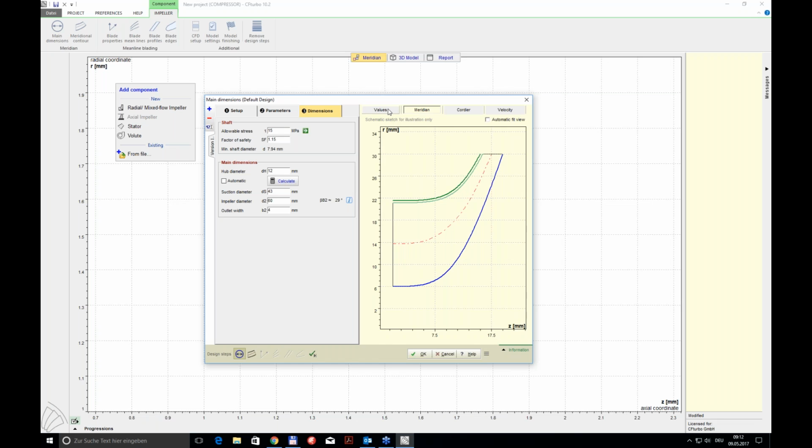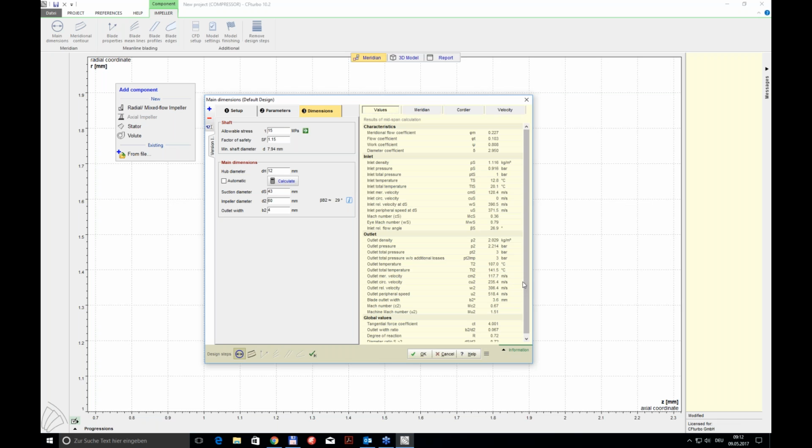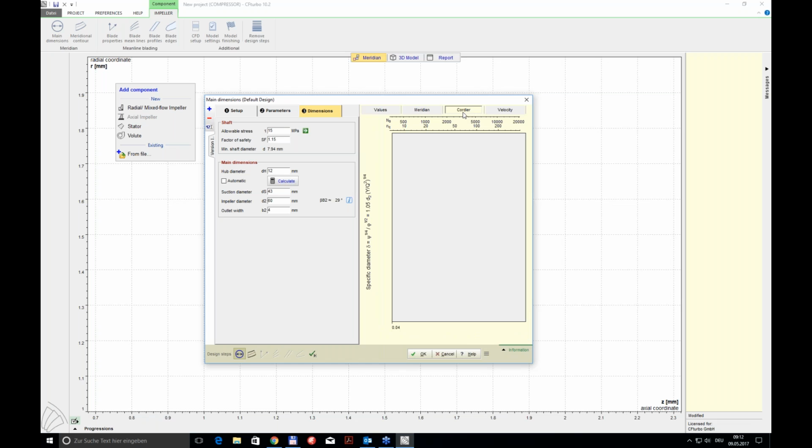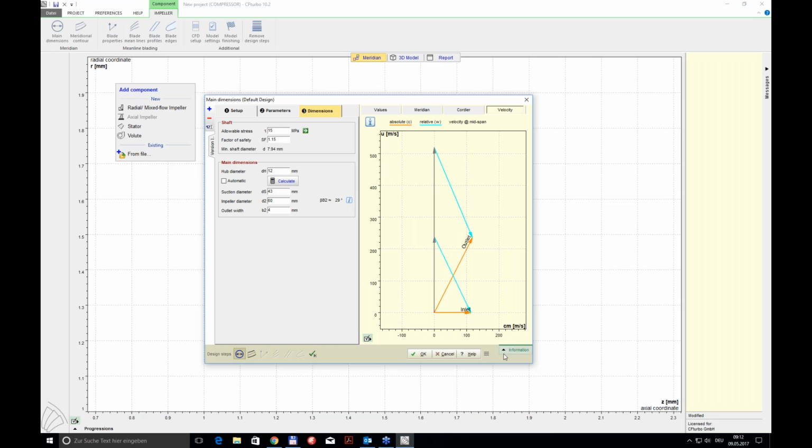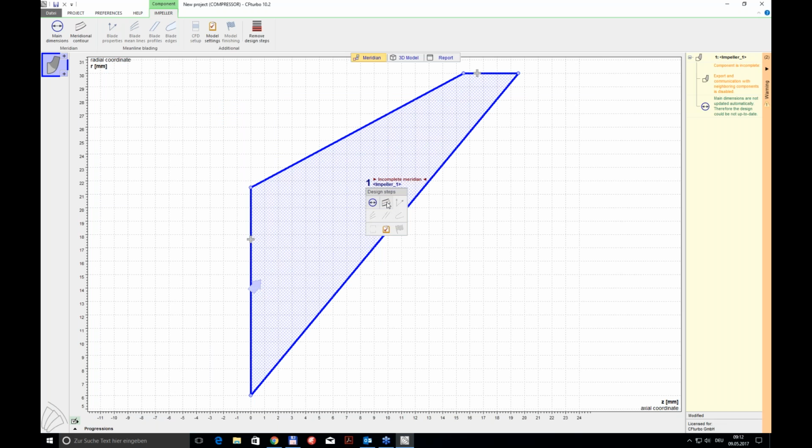On the right hand side, you always get some information about average values that can be calculated just with the use of the gas description and the balance equations and so on. And you will always get some sort of feedback on the scope in which your machine will run. Also the average velocity triangles are given at this point. Okay, next step is to define the